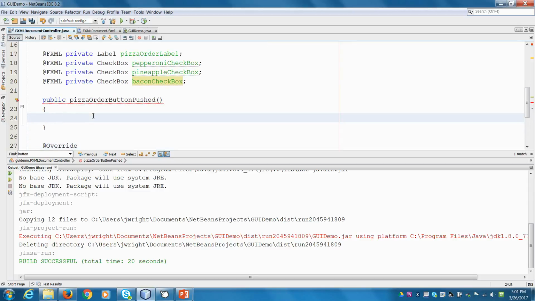And then inside of here, I forgot our return type. Not return anything. So inside of here, what we're going to do is check on our checkboxes to see if they've been selected or not. So all we have to do for that is say, well, if, actually first we'll need a string order equals